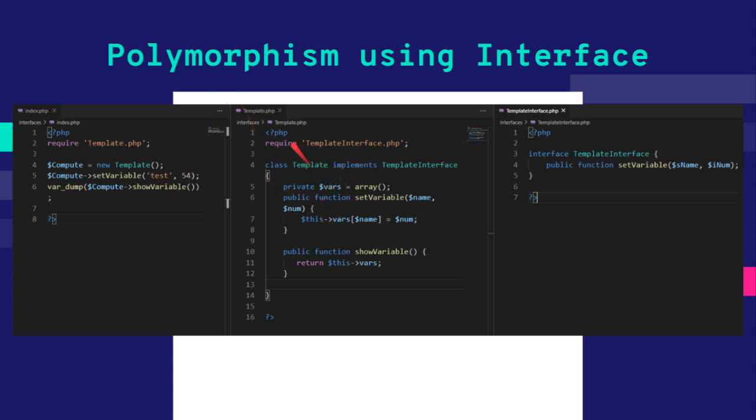Now what happened on this template.php is we require template interface.php, which is this one. This is the interface, and on class template we implements, not extends. Take note of that. We implements template interface, which is this one. So kung mapapansin nyo, dito lang tayo nag-declare ng set variables. Now, bakit tayo nag-declare dito ng set variables? Wala naman dito yung content ng process ng setting a variable. So makikita natin nandito siya. So public function set variable and then two